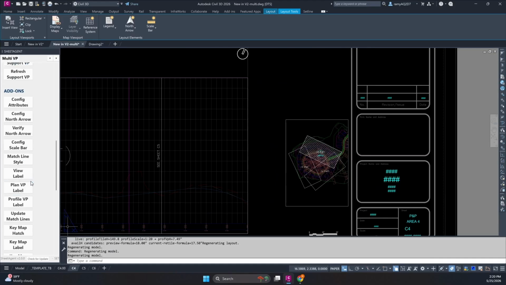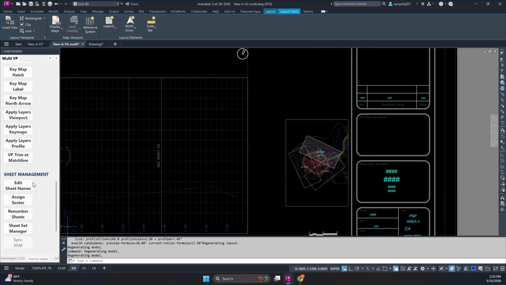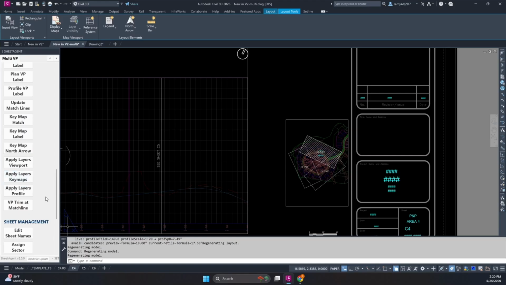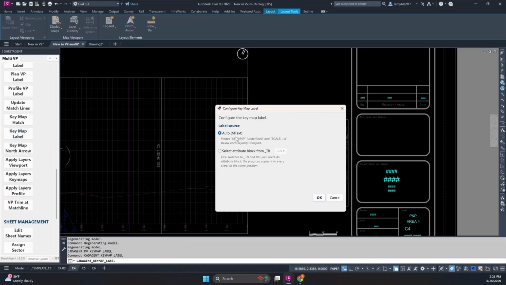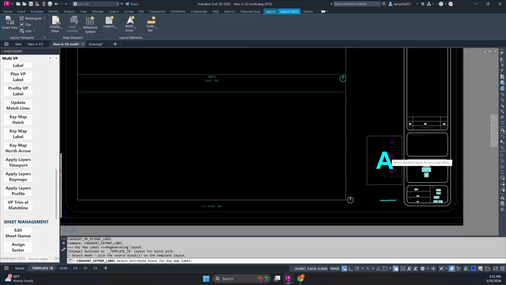Since we are in key maps, things changed, or not changed, improved. So apply key map label, which is the key map label here. Now it's just going to offer you a selection. If you choose auto, it goes in auto. If you want to select, basically it's going to ask where it is. I don't have one here. So if you forgot, like me, to add one, you simply press escape,